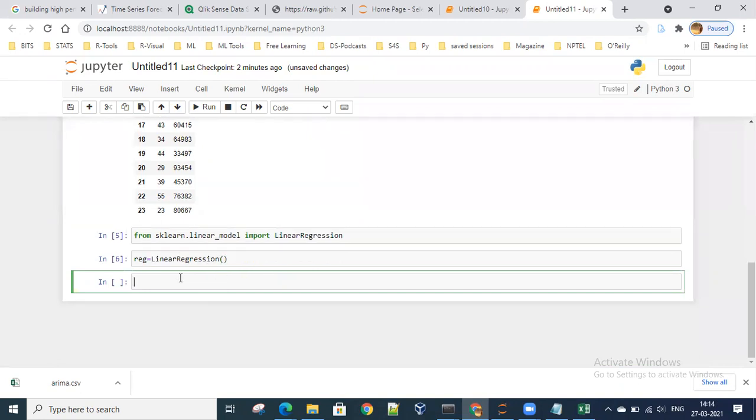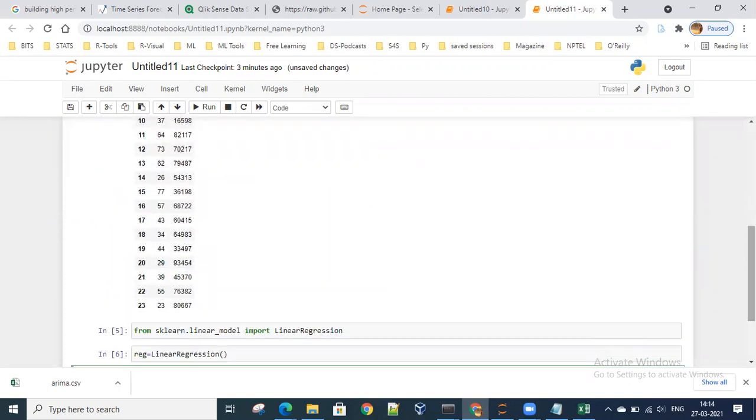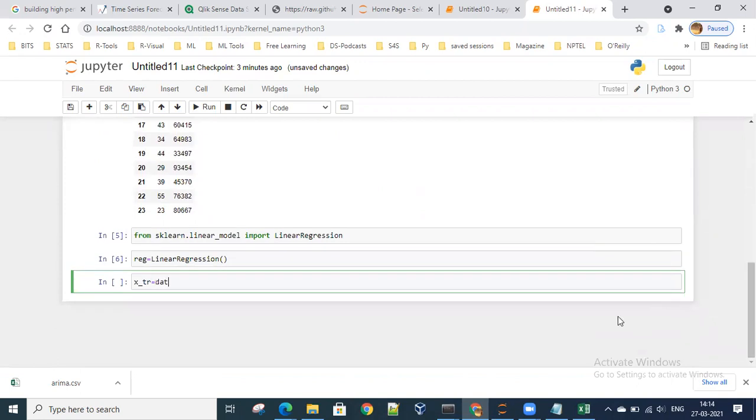Now what I'll say is x_train is equal to data, the data I've taken, data.loc, all rows, comma.